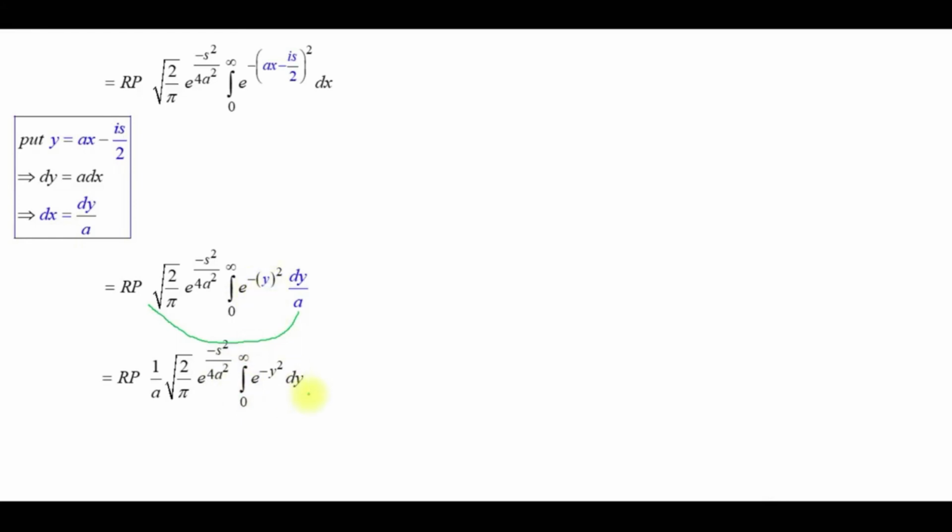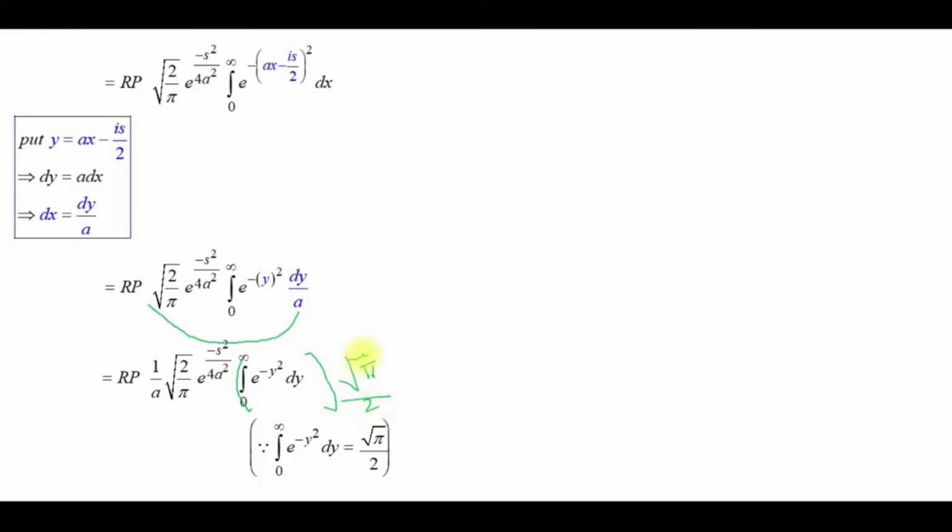In the last problem we have seen that the integration from minus infinity to plus infinity of e power minus y square dy equals root pi. But whereas here the limit is 0 to infinity. So minus infinity to plus infinity can be written as 2 times 0 to infinity. Bringing the 2 to that side, we have the result that the integral from 0 to infinity of e power minus y square dy equals root pi divided by 2. If the limit is minus infinity to plus infinity, the result is root pi. If the limit is 0 to infinity, the result is root pi divided by 2. So substituting here root pi divided by 2.